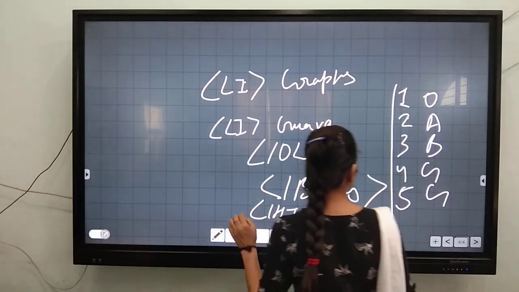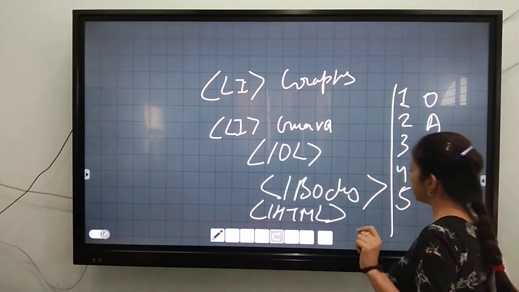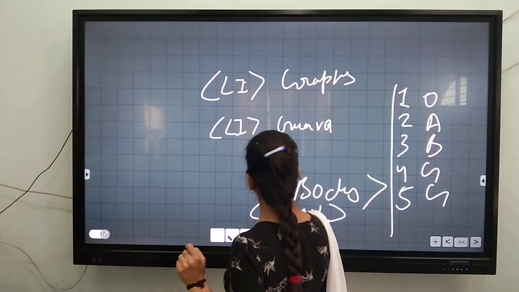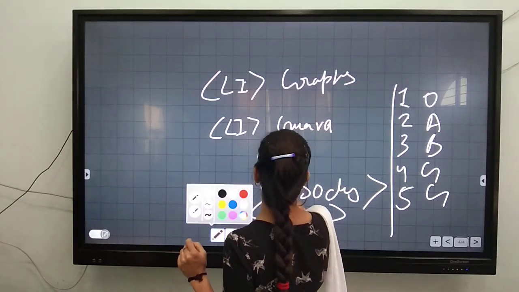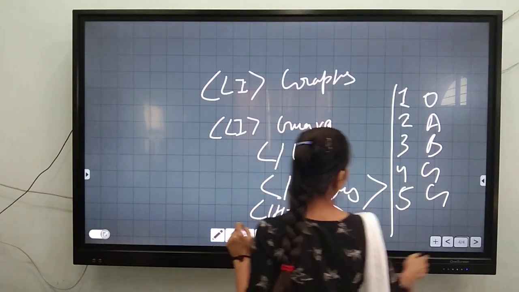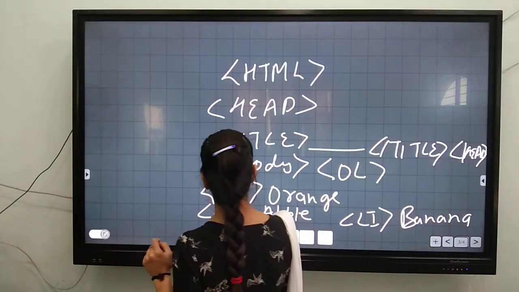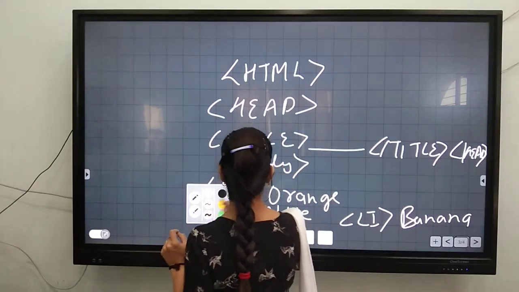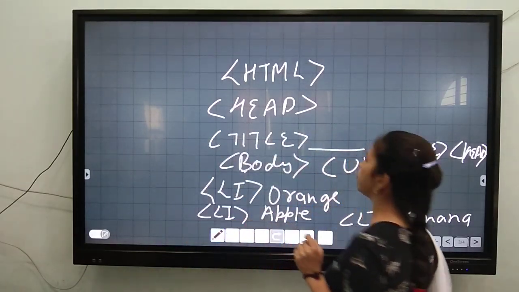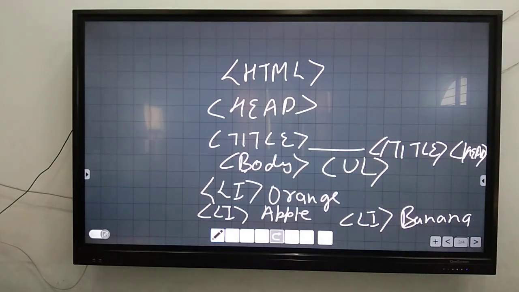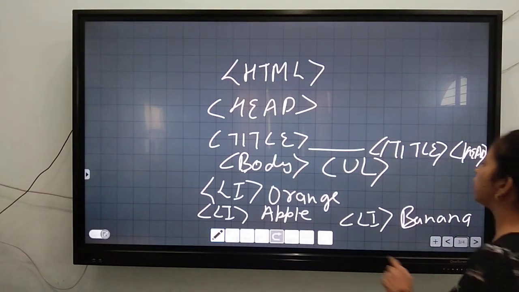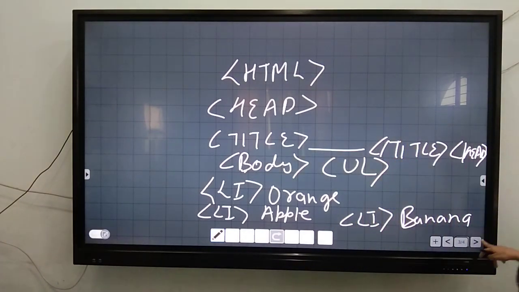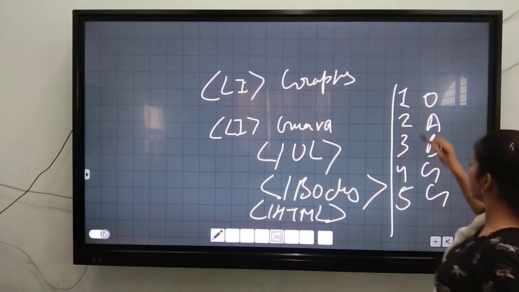And the next, I am going to slightly change, and I am telling you what is the difference between ordered and unordered list. My dear students, the question is the same, and I am going to make a new program like this with UL. Can you see I have changed only UL in the place of OL. I have written UL now. So whatever the change is, we will see the output over here.